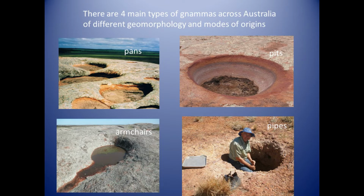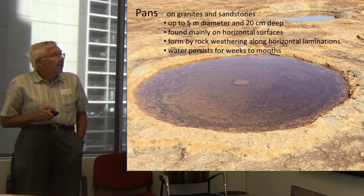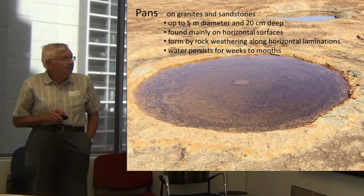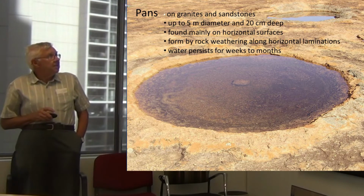Armchairs are quite rare, they're on the side of rocks, and pipes are out in the desert, particularly the Gibson Desert, where I'm going again this year. The other side of Uluru, over to Kalgoorlie. Anyhow, we're interested in pans here. Now, pans then are these lovely shallow petri dish shaped things,